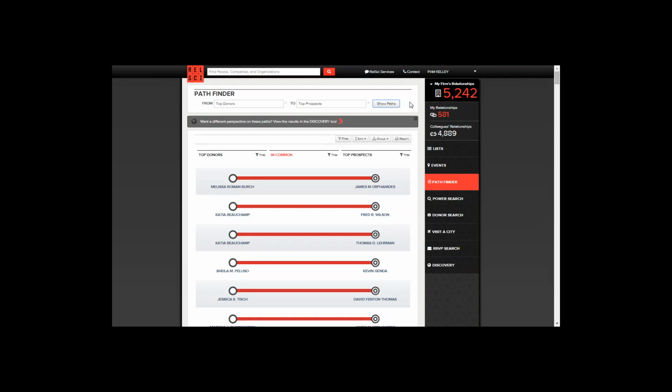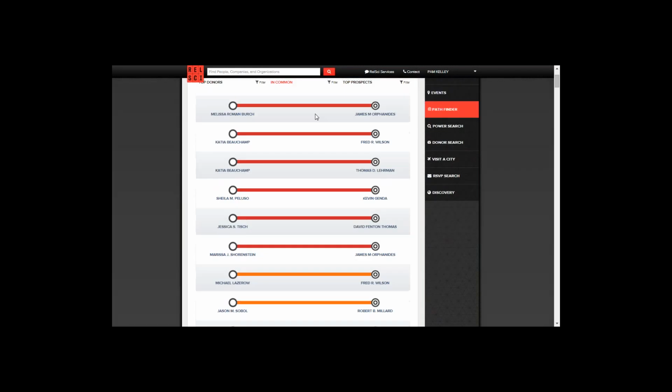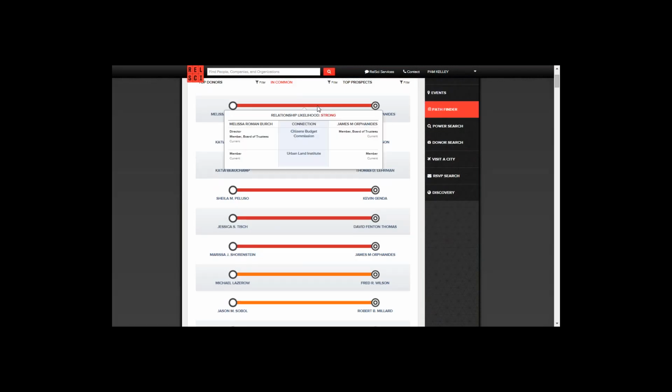Donor list to my top prospect list. So I can scroll down here and look like, oh, Melissa, who's previously donated to my foundation, connected to James, who is on my prospect list, and they know each other because it looks like they're currently on the board of the Citizens Budget Commission as well as the Urban Land Institute. This could be a really warm introduction